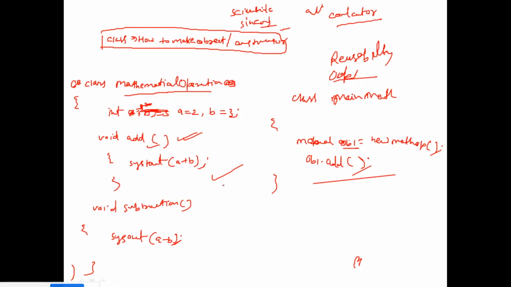If I have a use of the addition method, then only make the object of that class which has the addition method. Otherwise, if you don't have a use for the addition method over here, why are you doing that? So if I have used the addition method, then only make the object. Okay, next thing.